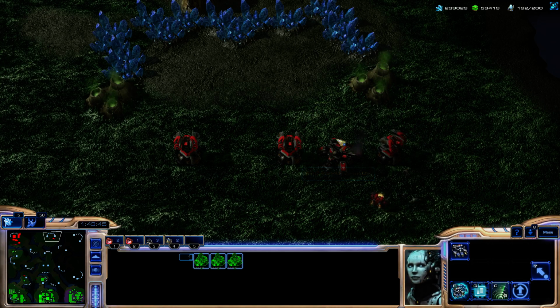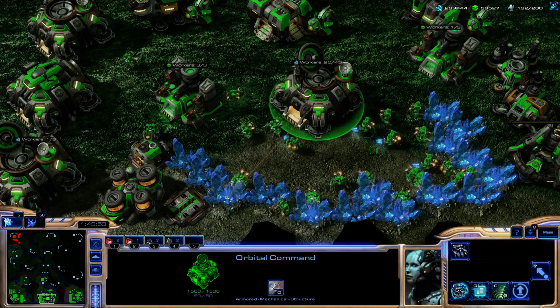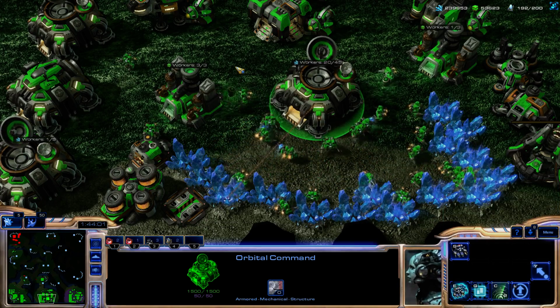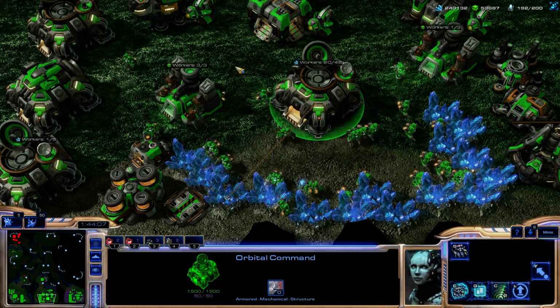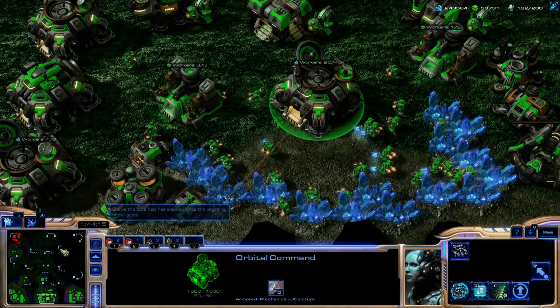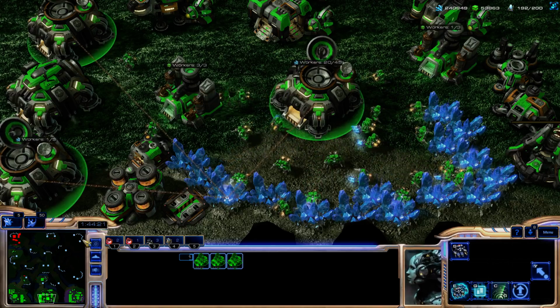And if you notice, there was actually a period in which the siege tanks weren't attacking the SCV. So let me explain. What happens is when you first call down, the SCV doesn't take aggro unless the enemy commands a unit to attack it. And also, while the SCV is in that non-aggro phase, it doesn't have any vision until after that phase is over. So once again, I'm going to scan this side,